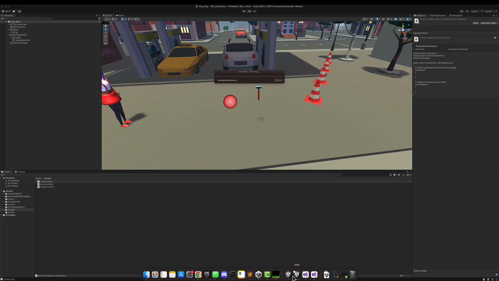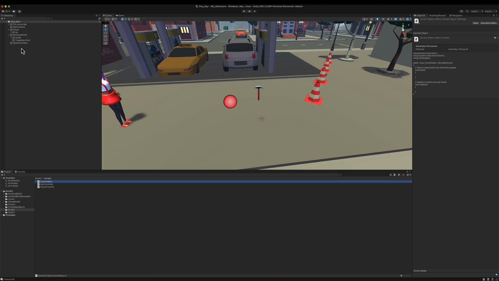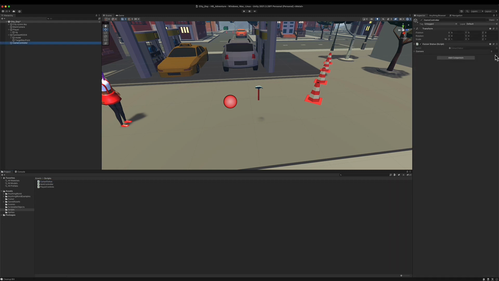Let's get back into Unity. And we need to set here on our game object the list of cursors. So the first one is going to be walk, then look, pick up, talk, and use. And now if I press play,